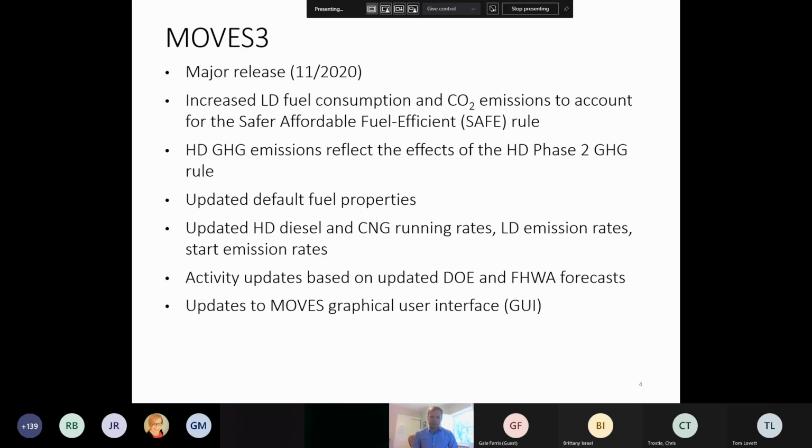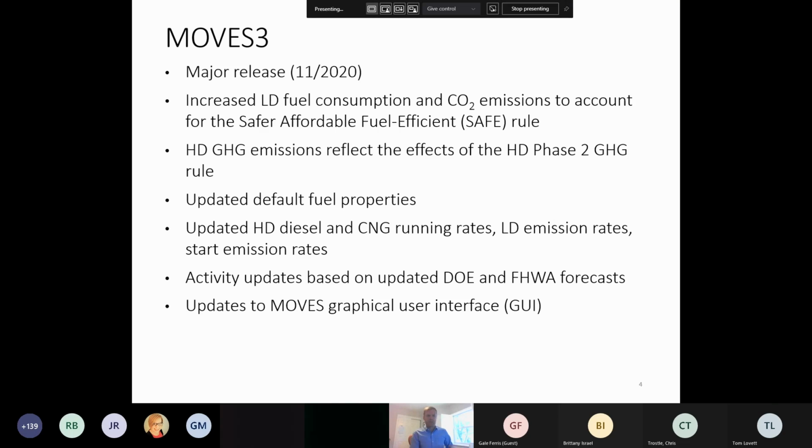So aside from those major rules, MOVES3 also includes updated fuel information, fuels around the country. There's not one type of gasoline, there's a whole range of possible blends that are going to affect your emissions. Aside from the greenhouse gases, EPA updated a lot of the criteria pollutants, so things like nitrogen oxides, particulate matter, hydrocarbon. All the rates in the model for a lot of different source types, vehicle types, have been updated based